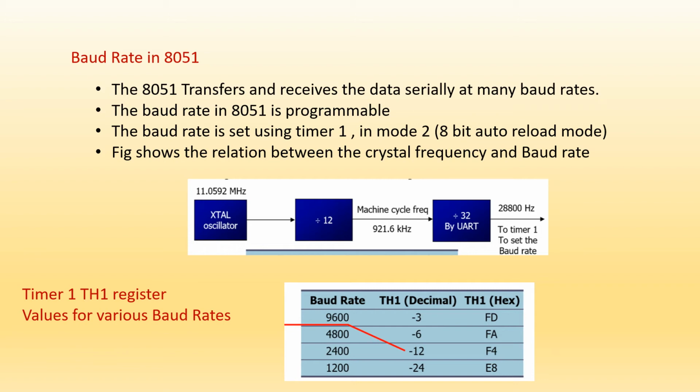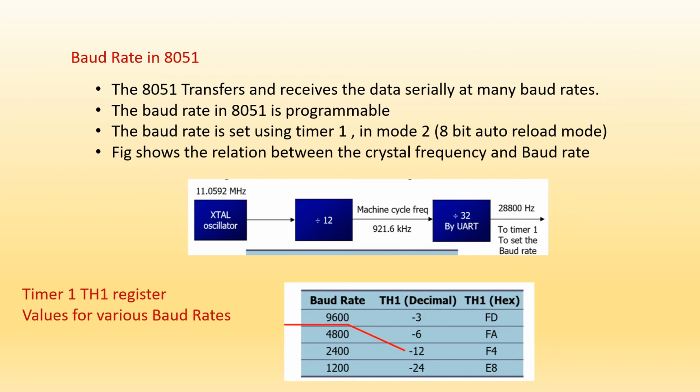In timer mode 2, the final value is FF. FF minus FD plus 1, because when the timer rolls over from FF to 00, only then the TF flag is going to be high. So for every 3 counts it's going to give one pulse, or the frequency is going to be divided by 3.